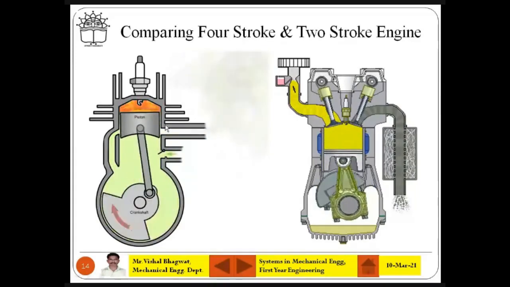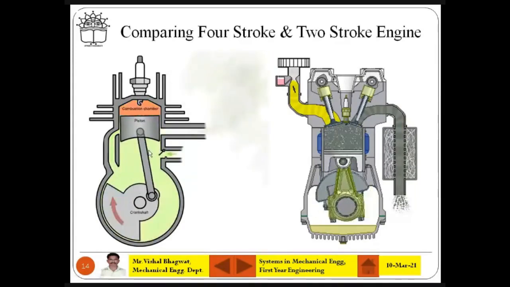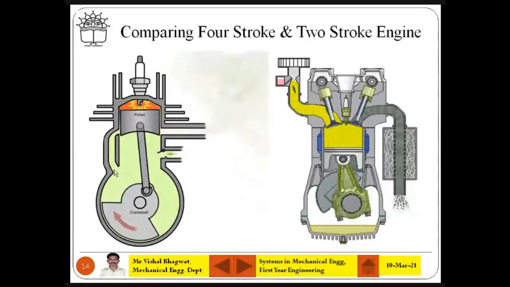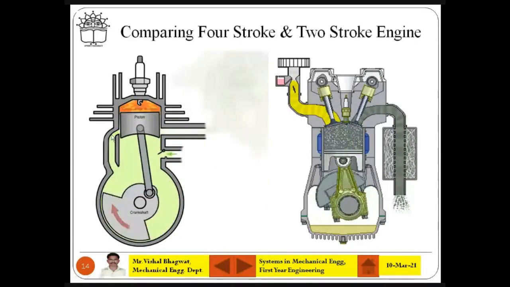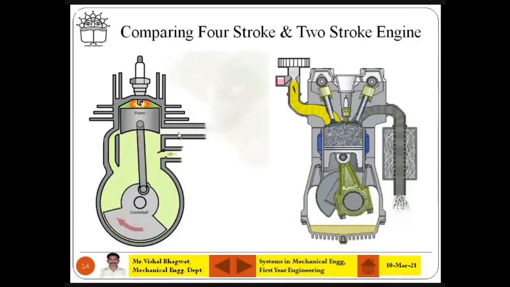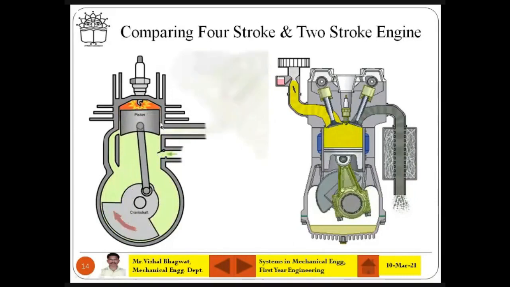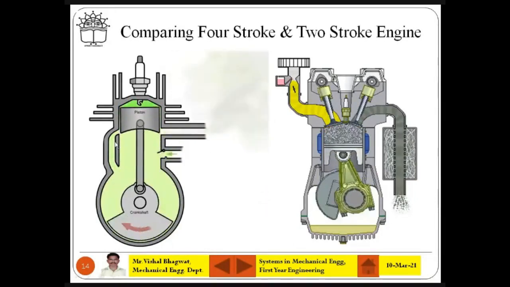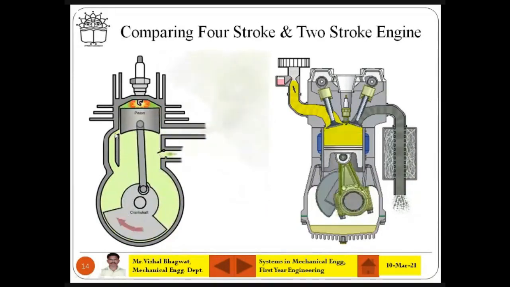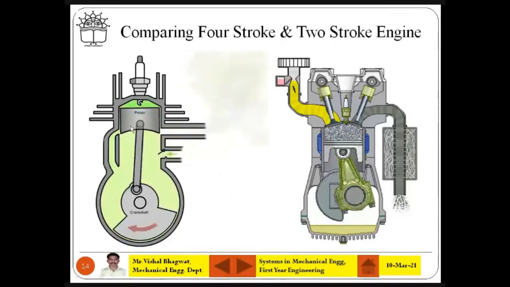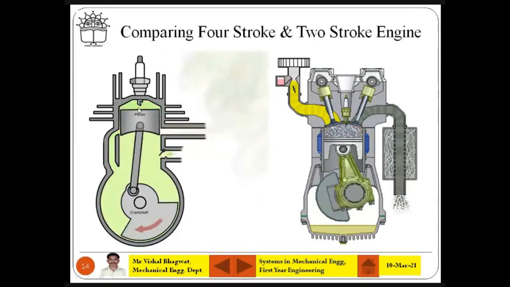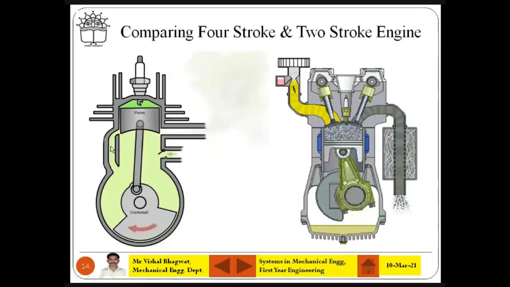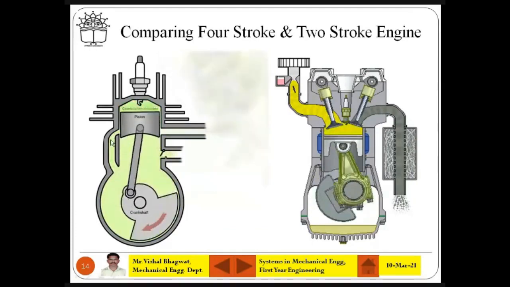Understand? Just observe once again: the new petrol fuel mixture is going through the transfer port upward. It is burned and suddenly it is sent out. So when the burned gases are going out, at the same time you see the transfer port also getting uncovered. When the exhaust port is uncovered by the piston, all burned gases are going out. That is fine. But from the transfer port, new fuel is going inside the combustion chamber.